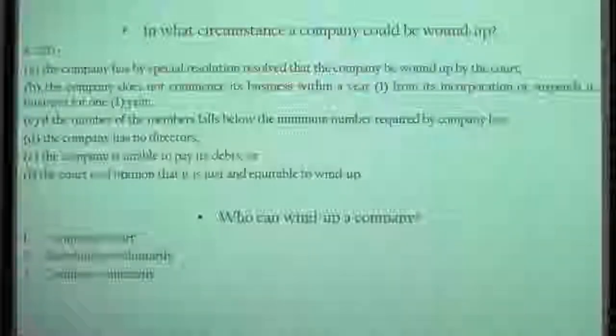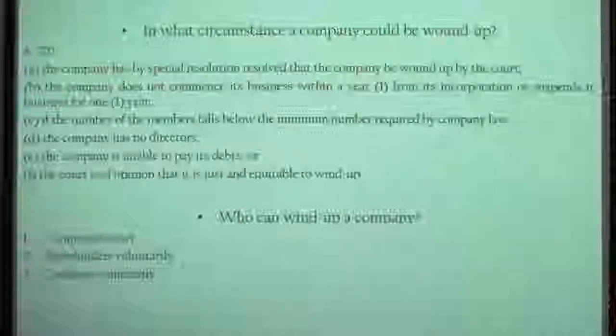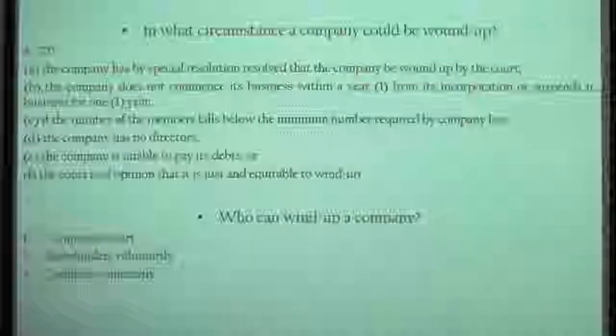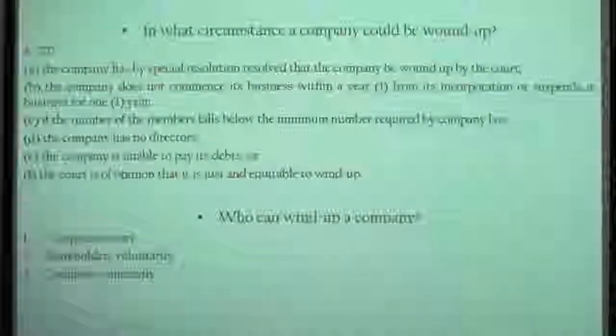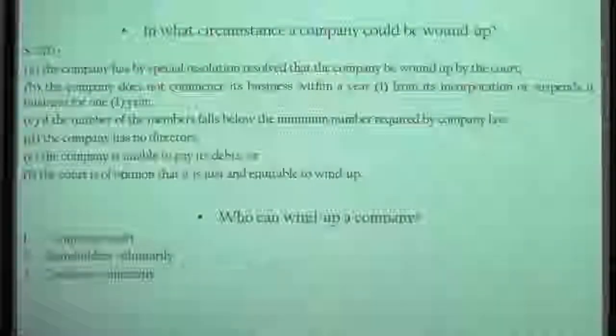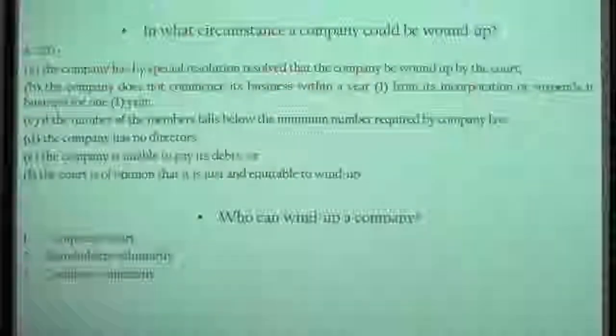So, it is generally the district court or the commercial high court that has the power under the company law to wind up a company. Now, in Sri Lanka, we have district courts all over the country, and the district court is generally the most competent court to wind up a company,